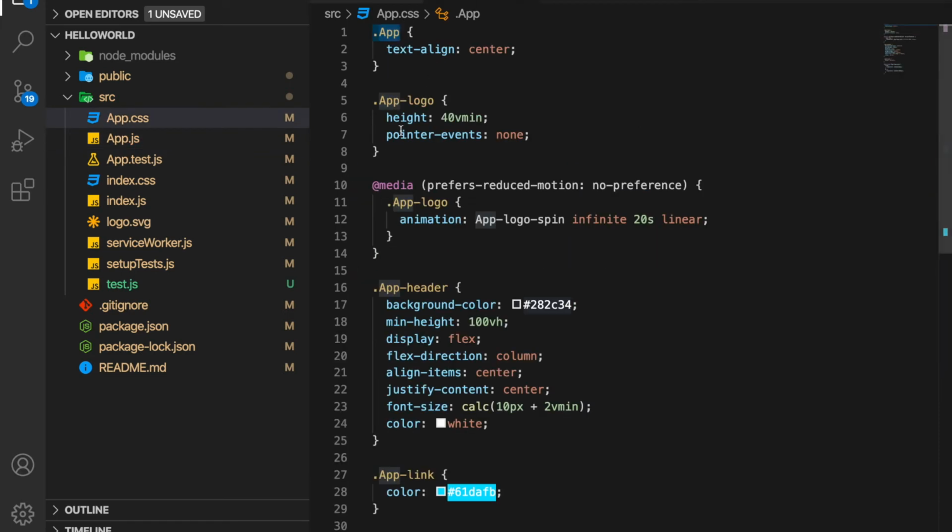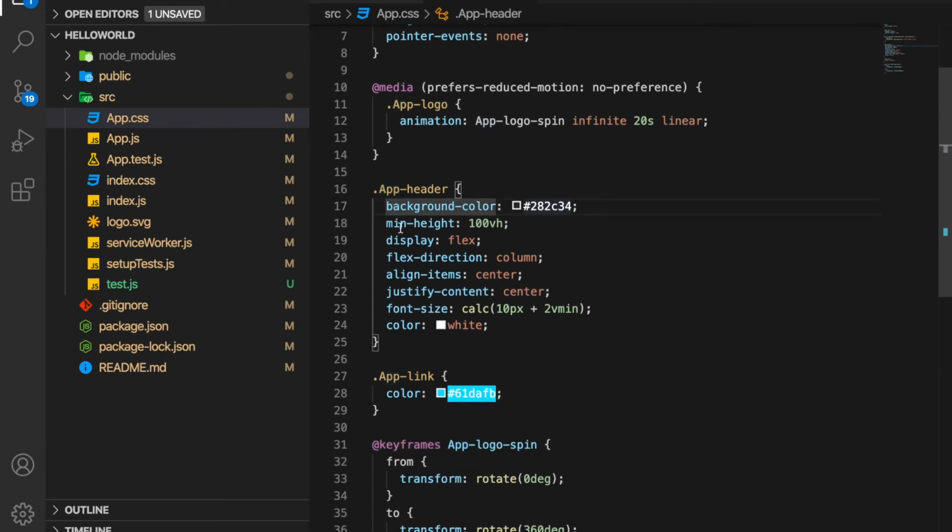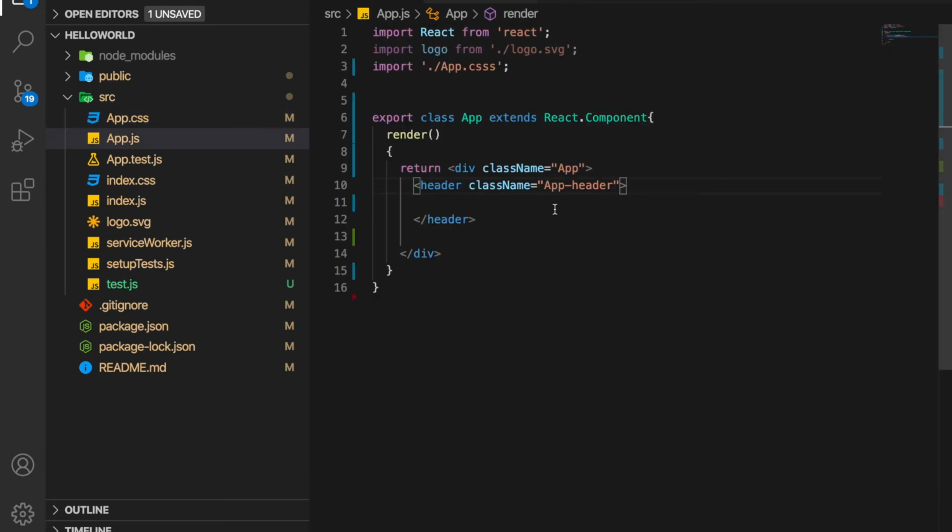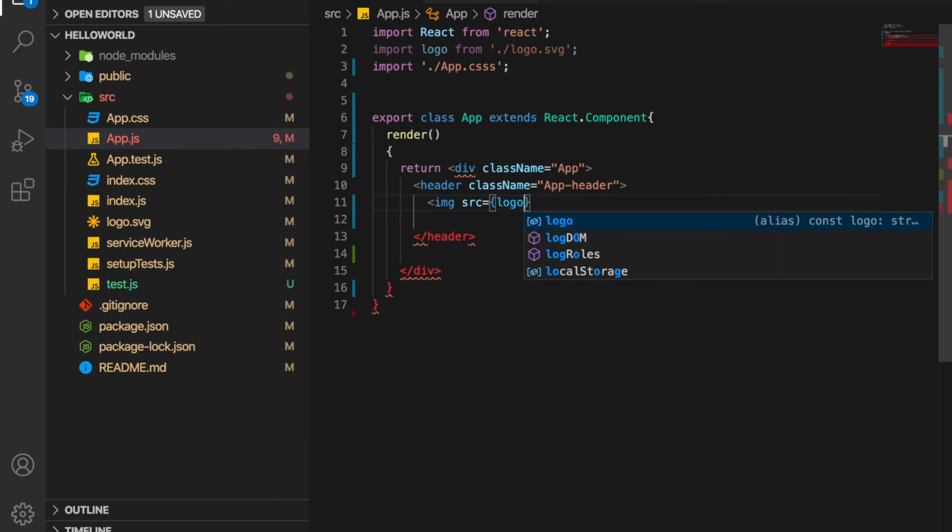If you look at this App-header, you will get background color, height, display and other properties. Inside this header, if you want to add the image, you write img src. The source is the image we just imported here, that is logo.